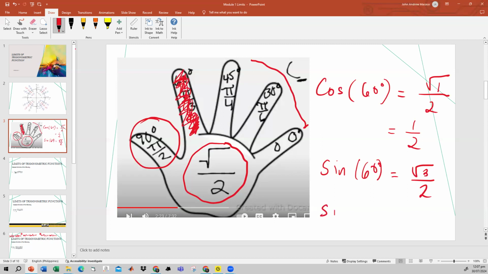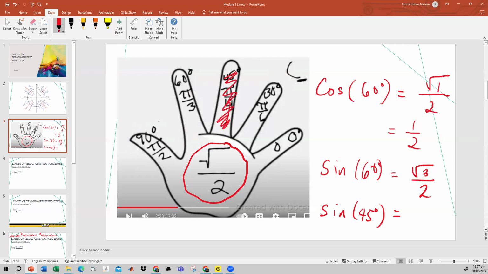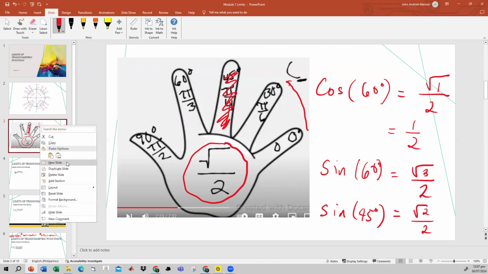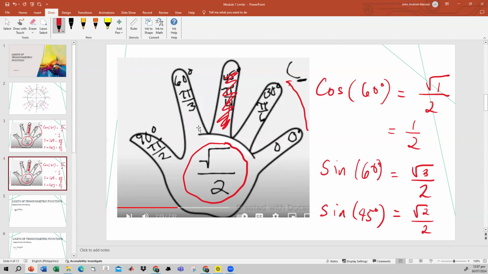Okay? How about the sine, let's say 45 degrees? So if you want to get the sine of 45 degrees, then of course, you just need to locate first the 45 degrees, wherein it is located on your middle finger. So since we're looking for sine, again, we'll start with the little finger. So how many fingers starting from the little finger do we have? So that's square root of how many fingers? That's 2. So it means that sine 45 is equivalent to square root of 2 over 2. Okay? So I hope we're all clear.